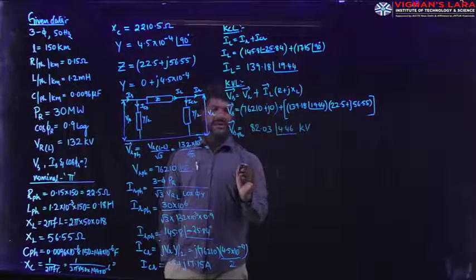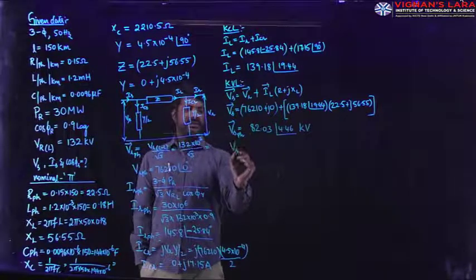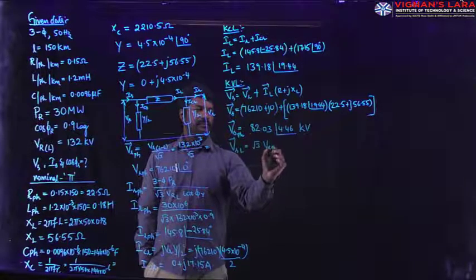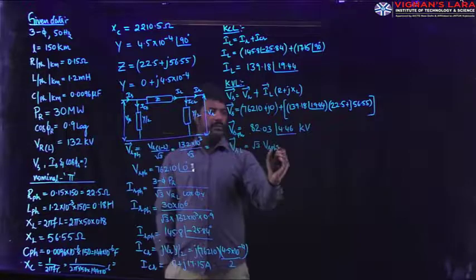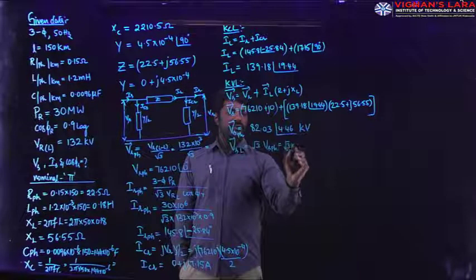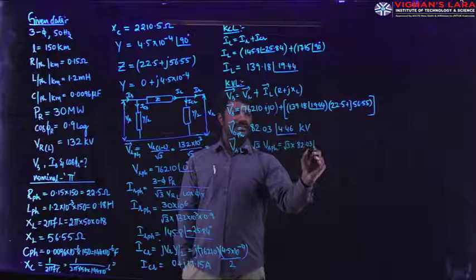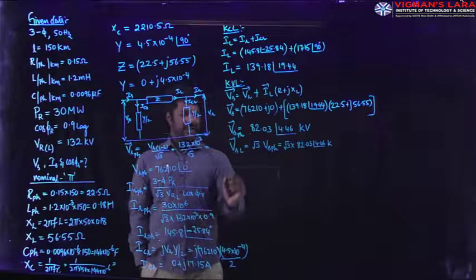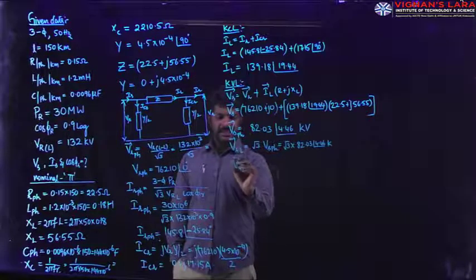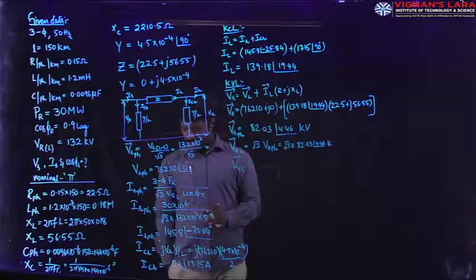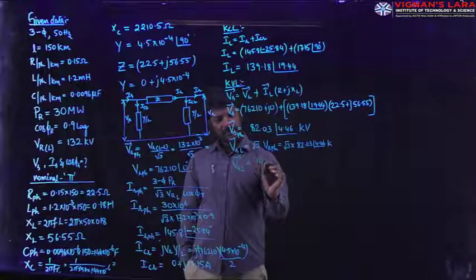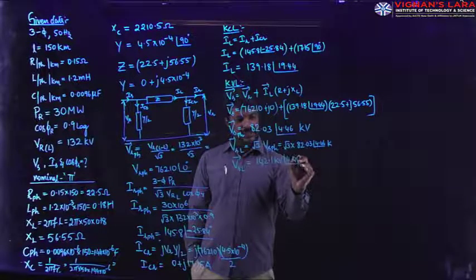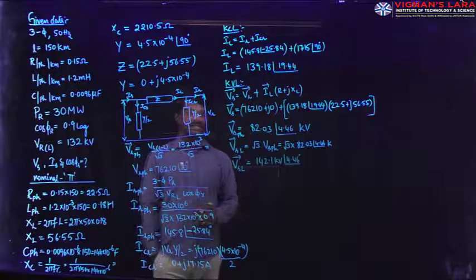But in general, the answers are to be defined in line values. Then the sending end voltage line value is equal to root 3 into V phase. VL is equal to root 3 V phase. We get this value as root 3 into V phase 82.03, which makes an angle of 4.46. Multiplying that with root 3, we get the sending end side voltage as a line value equal to 142.1 kV, which makes an angle of 4.46 degrees. This is the line value on the sending end side to be injected.